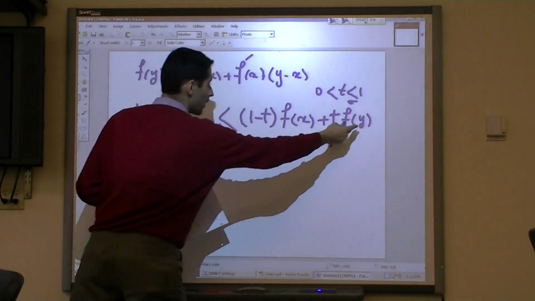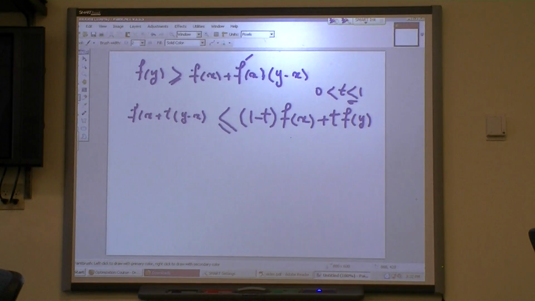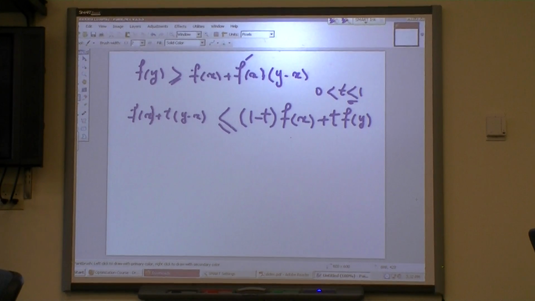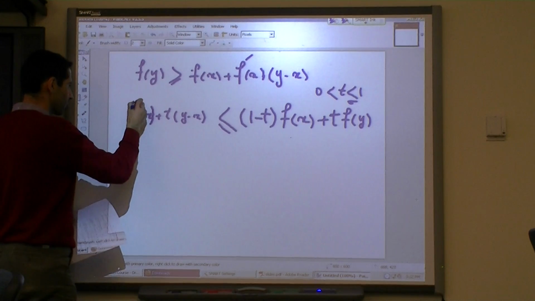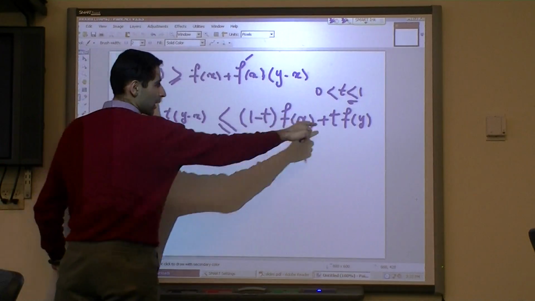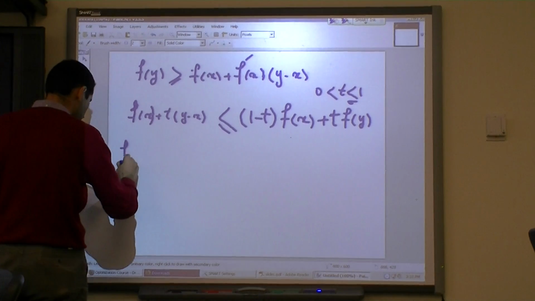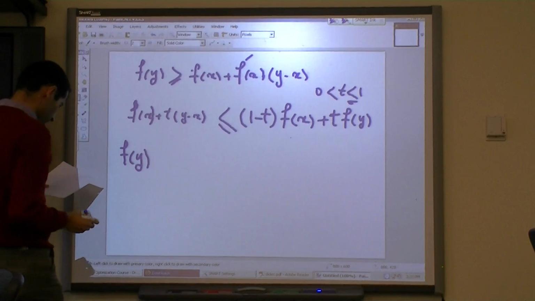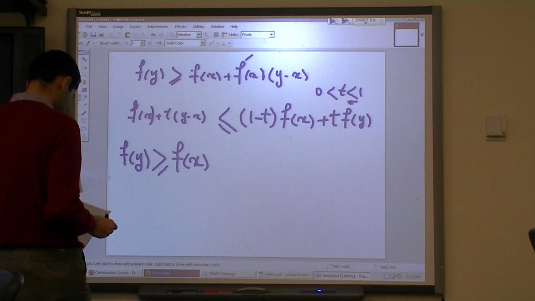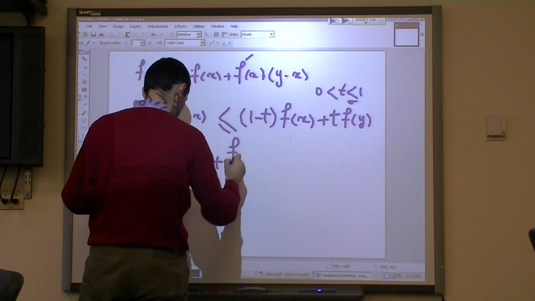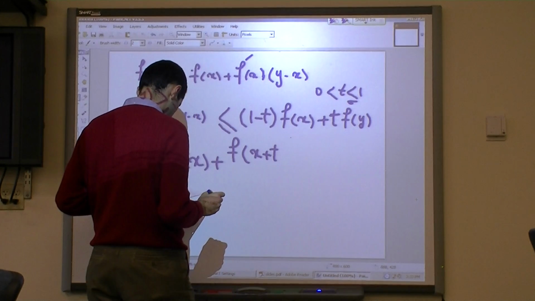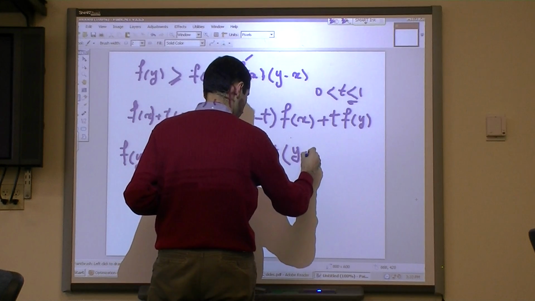We can move f(y) to the parenthesis. I missed one parenthesis for the rest. I can move f(y) to this side, put the others here, and divide by t, and we will have f(y) bigger than or equal to f of x plus f of (x plus t(y minus x))